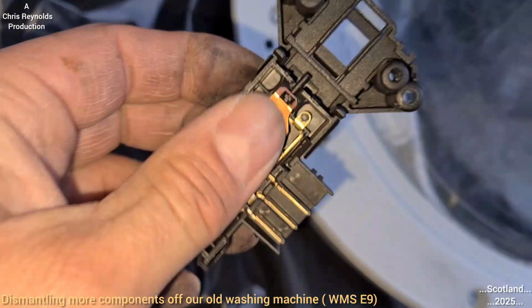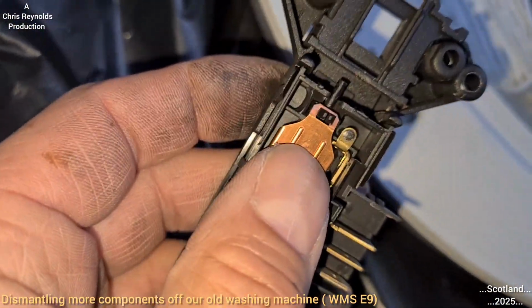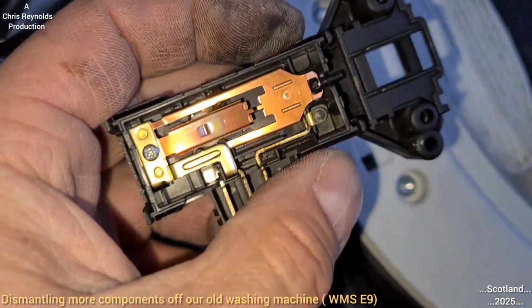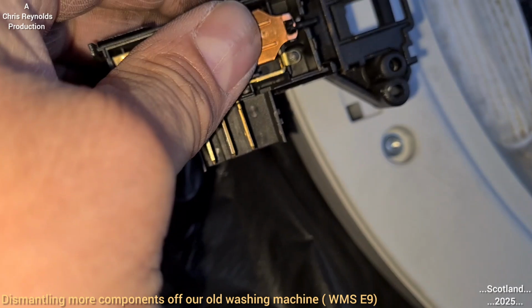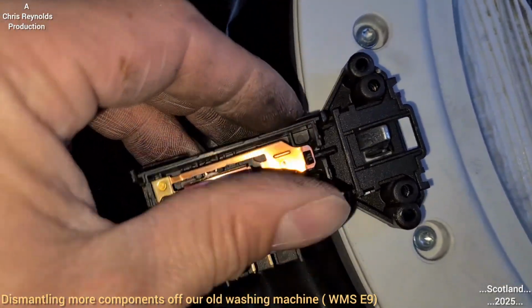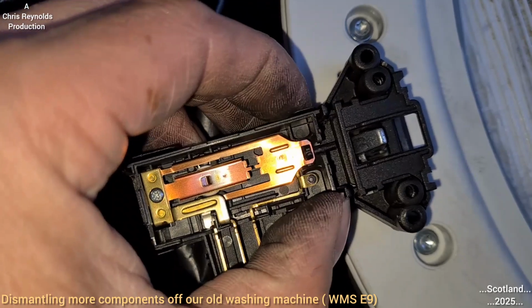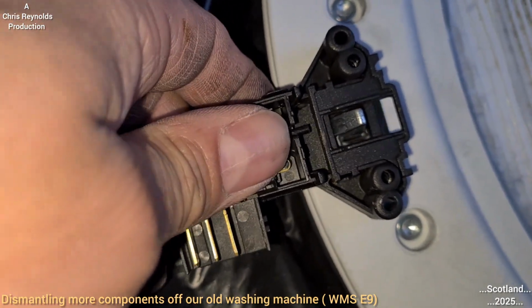I'll put the camera down. So I've got it back into the original condition, the way it was found. All I broke was the front cover just to get in there, but that's irrelevant here. What I want to know is how this works. So that's kind of how it's going to go in. So I think when you close the door,